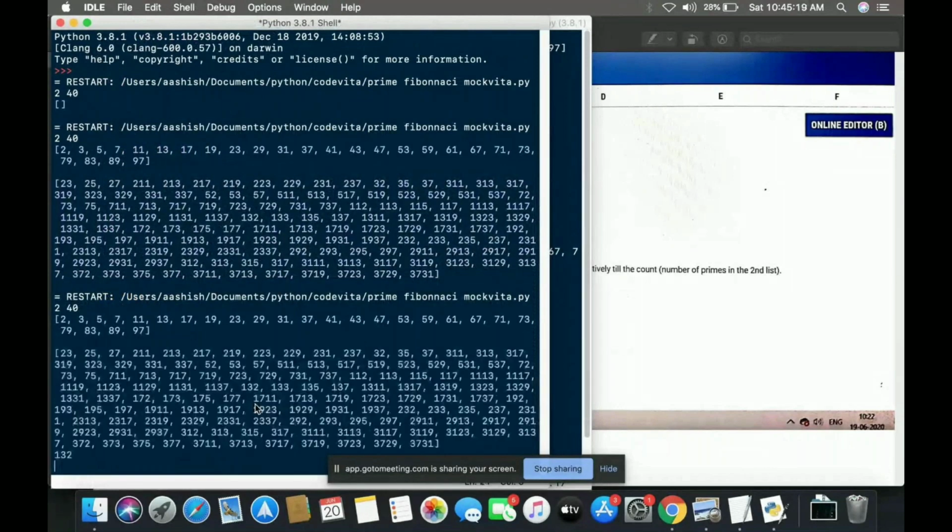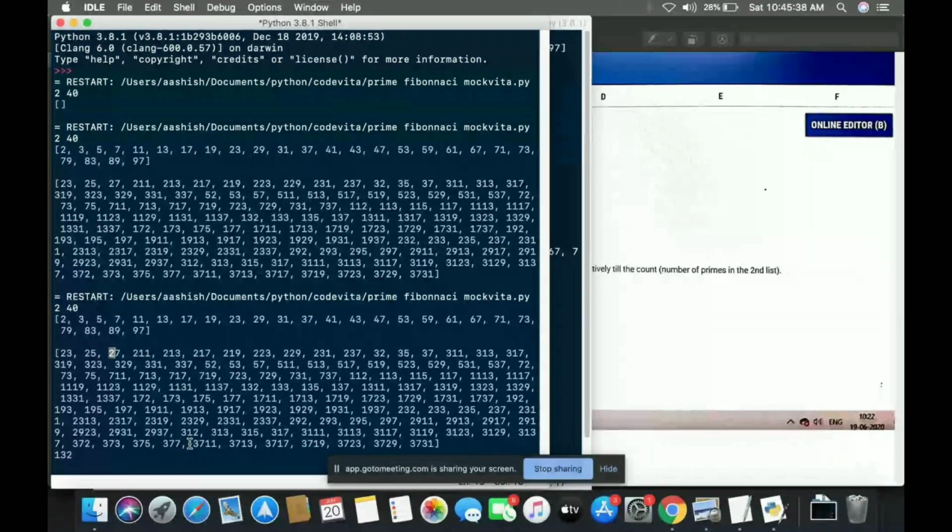So far I've generated 132 combinations, that is, there are 132 numbers in my new list. Out of these 132 numbers, it is not necessary that all of them are primes. For example, 25 is not a prime, 27 is not a prime, and so on. So I have to find out which numbers are prime.